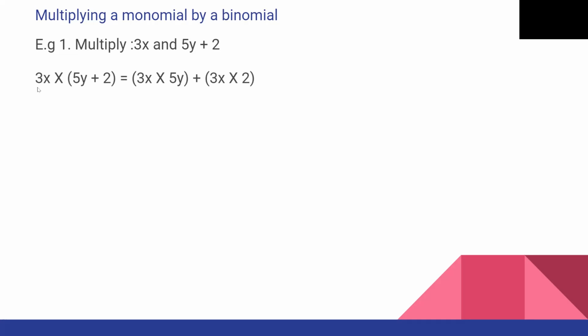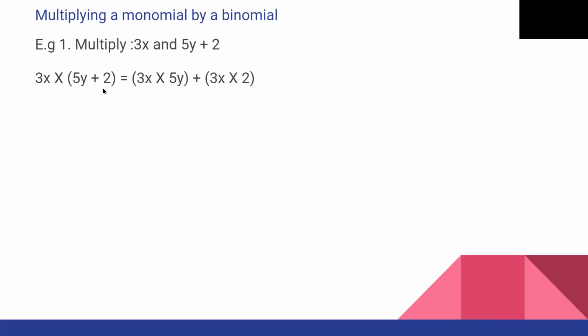So I will explain through an example. See example: multiply 3x and 5y plus 2. So 3x is a monomial, 5y plus 2 is a binomial. We have to find the product of these two. So let us multiply 3x multiplied by, here X stands for the multiplication symbol. We have to put the binomial in the bracket because two terms are there, monomial 3x outside multiplied by,